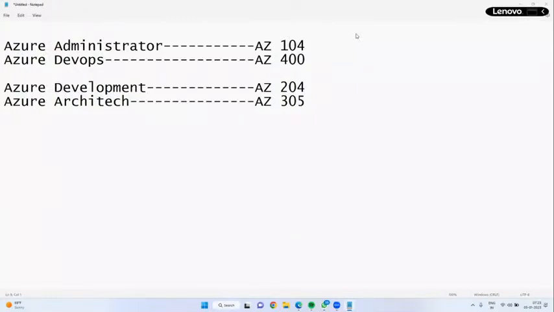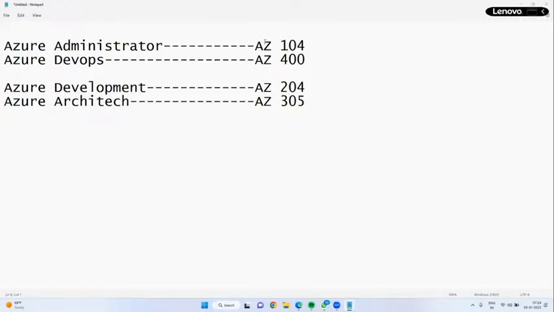Sir, I have a few questions. How is the career growth, sir? Azure has a lot of demand in the marketplace. For 3 years of experience, how much salary can we expect? Forget about salaries and all, just learn and enter into the market. Getting the salary depends on how much package you are drawing in your current company. Many parameters are there.